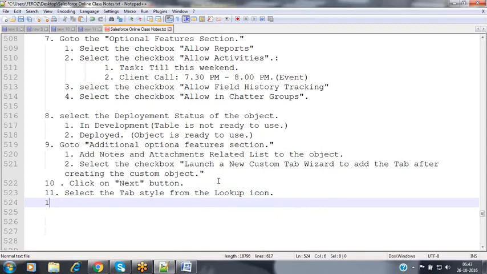Whenever you are selecting the checkbox to launch a custom tab wizard, at that time, for the tab, what style do you want to apply? For that, Salesforce is providing a set of ready-made styles, and from those we can select any style which you want to apply for your object. And then click on the next button.